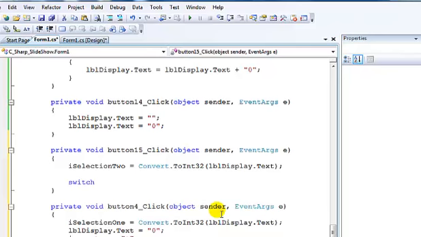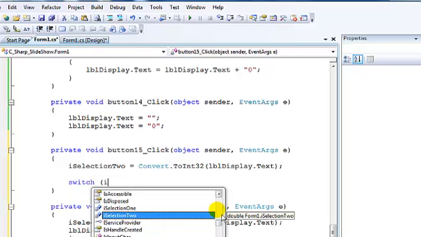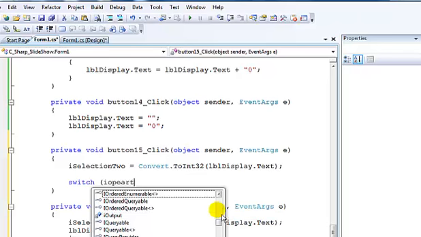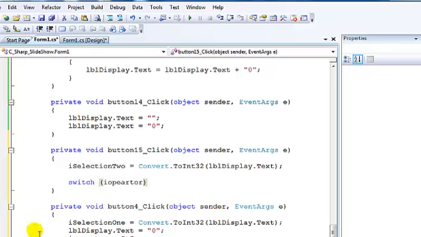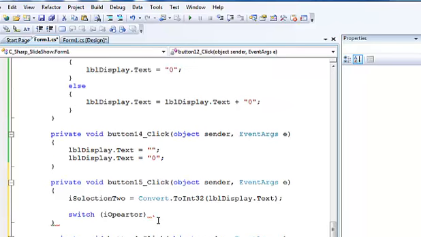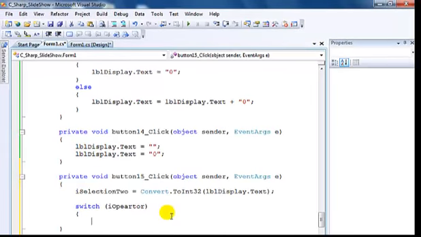Operator. This seems to be case sensitive, so I must enter capital letter. Okay, that's correct. I operator, then I have to change the others. This should be capital letter as well. Okay, all is fine now. I enter my curly bracket, and now in this case I'll say case